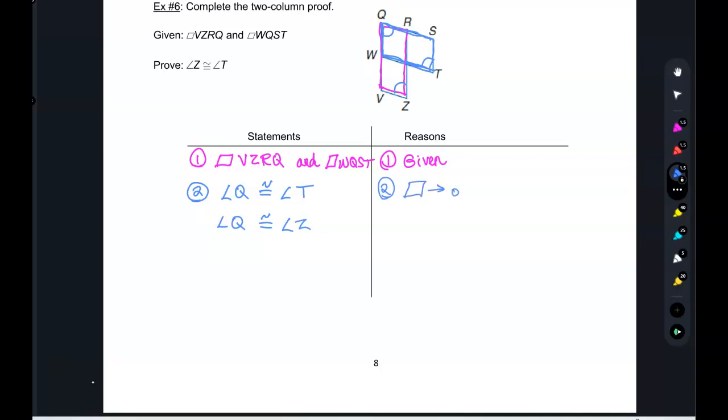Parallelogram implies opposite angles are congruent. Good. And then we're done, right? We just have one step. Well, transitive, right? Angle Z is congruent to angle T by, this is the shortest proof, transitive property. I mean, you could have done it in more steps, but